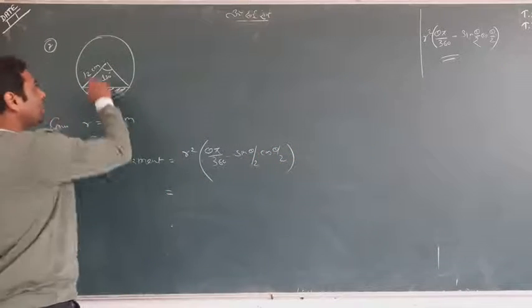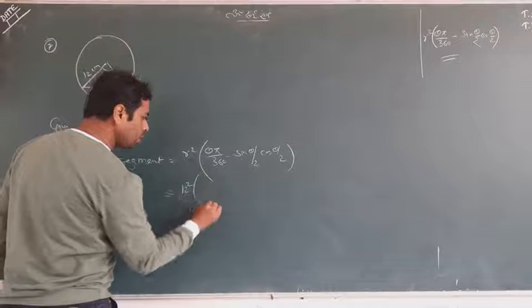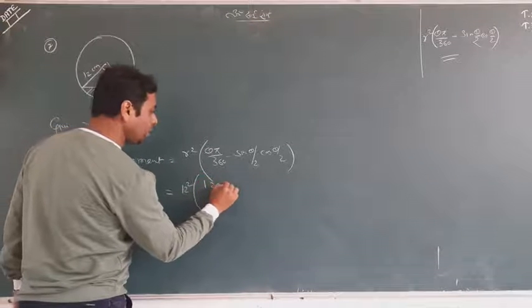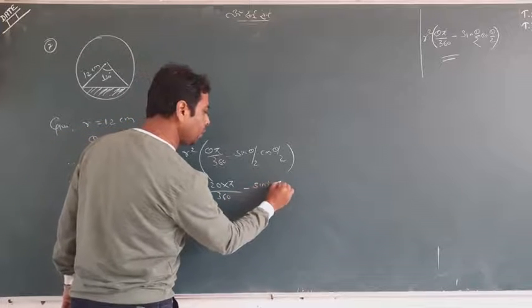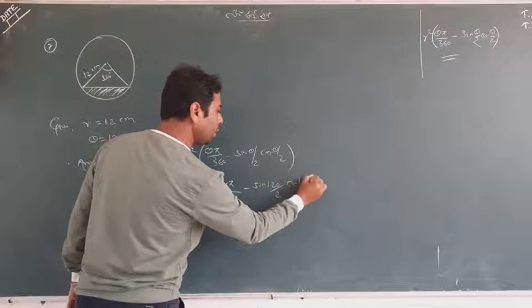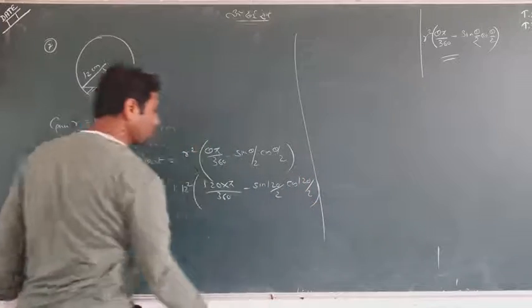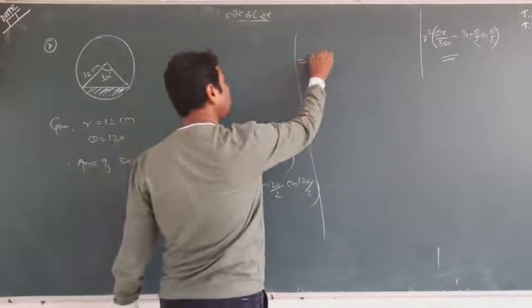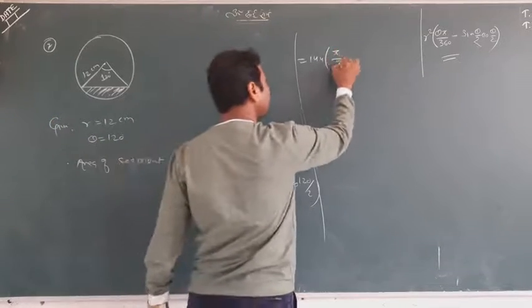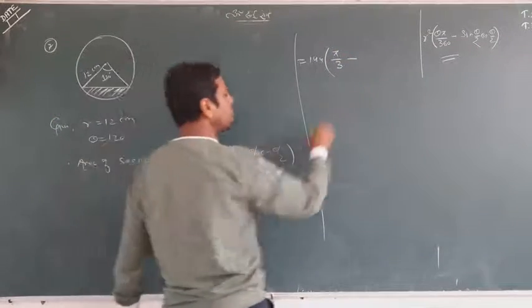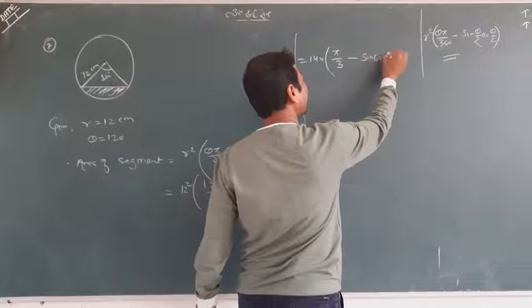Now put the values. R square meaning 12 square, theta meaning 120, pi upon 360, minus sin 120 by 2, cos 120 by 2, and get your answer. So 12 square is equal to 144. These two cancel three times, and the sine is 60 definitely, and cos of